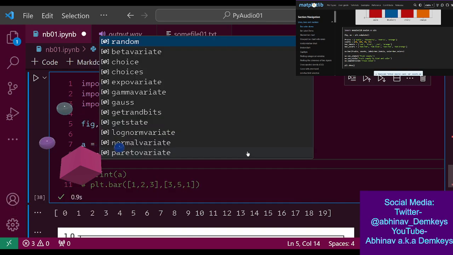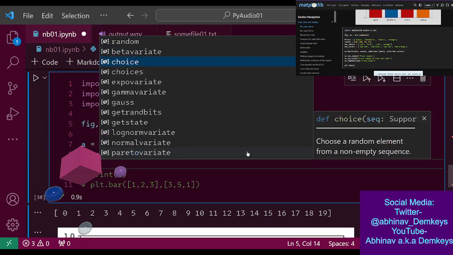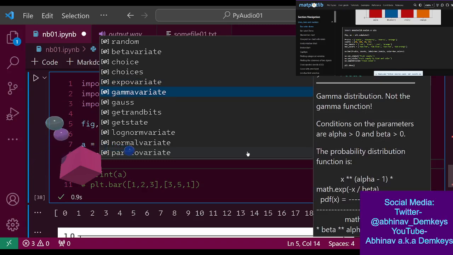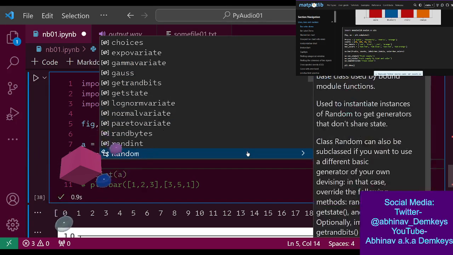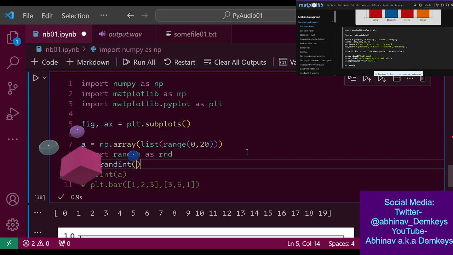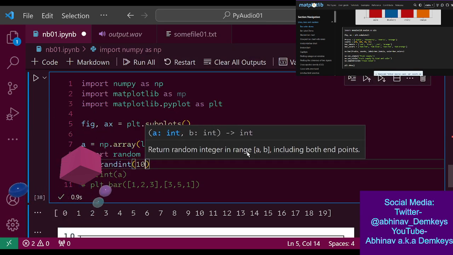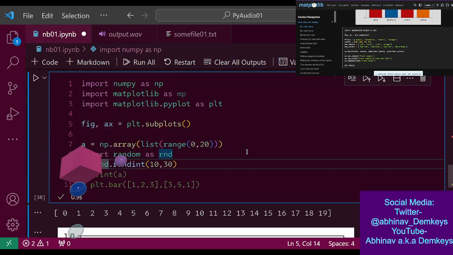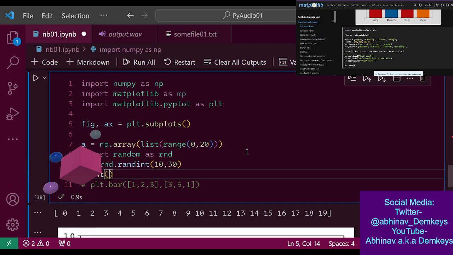I could multiply that by something. Wouldn't that work? I could basically scale the thing. I mean, to be fair, I could use a remap algorithm as well. And oh, randint. I think this is it, including both endpoints. Okay, so it's inclusive of both of them. So let's do between 10 and 30. Let's say b is equal to that, and then let's try to print b.